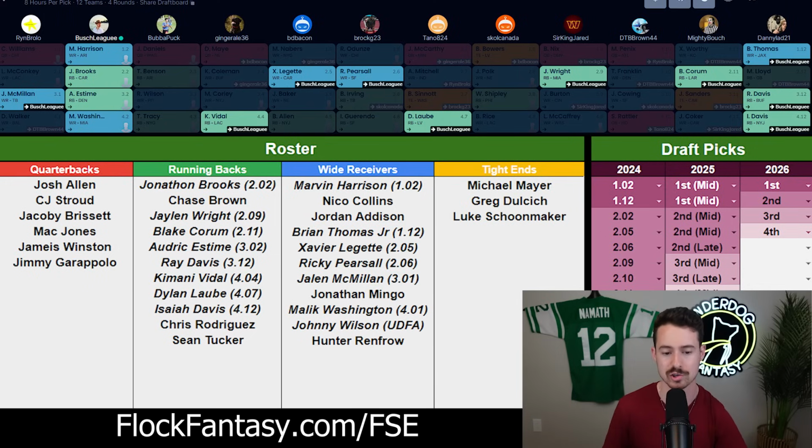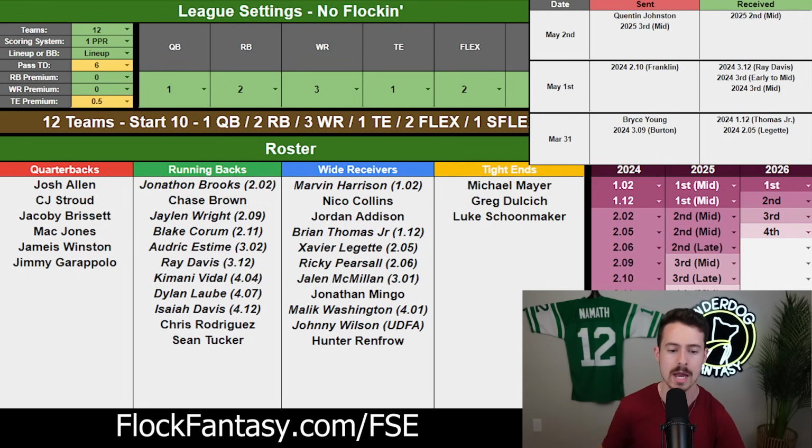And I also love some of the trades that I've ended up making with this roster. On March 31st, before the draft actually happened, I sold off Bryce Young and the 309 for the 112 and the 205. Now, I like Bryce Young. I think that this is probably the going rate for him, a late first rounder, mid-second for like a third swap. I think this was a fair trade,